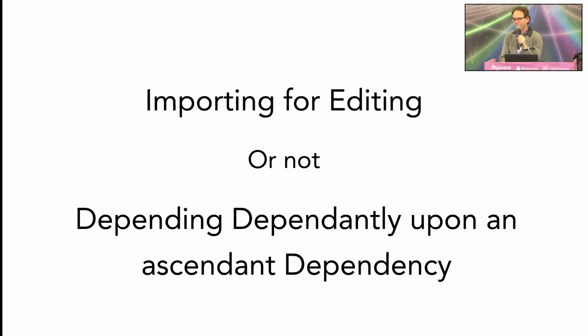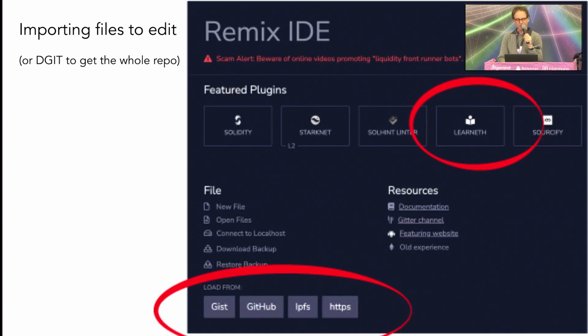And if you want to import files to Remix, which you will need to do, either dependencies or files to edit, on the Home tab you've got these buttons down at the bottom, or you can also use the Sourcify plugin to fetch verified contracts. But when you use the GIST, the GitHub, the IPFS, and the HTTPS, a modal will come up, and it will ask you